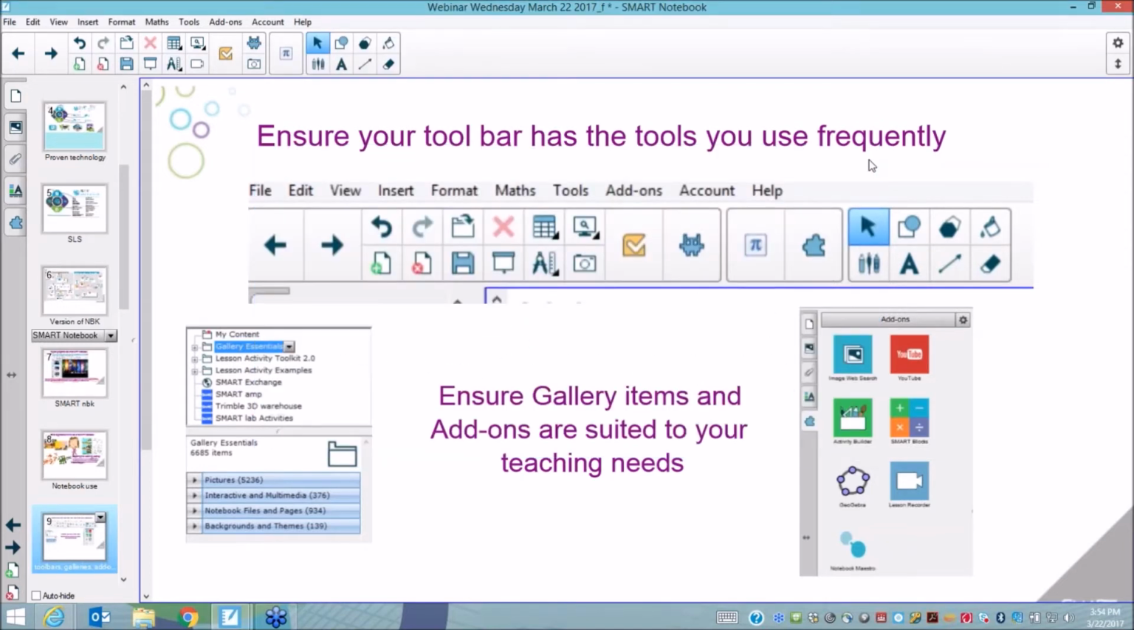So you can also delete things that you don't use frequently. So if you're not a secondary maths teacher and you don't want maths tools, you can actually move those out of your toolbar, but it's a good idea to have everything that you use frequently up in your toolbar to start your sessions. The second thing I would suggest is that you also make sure that your gallery items, so